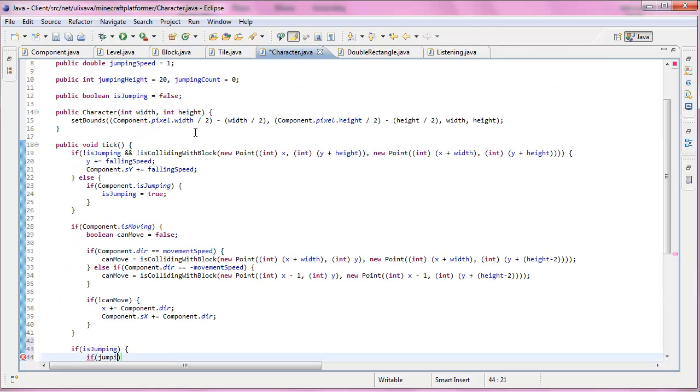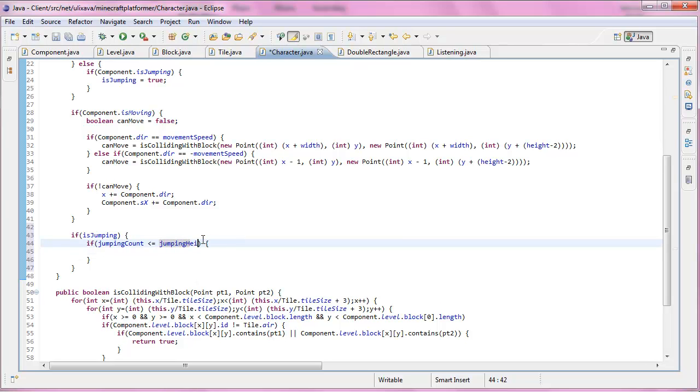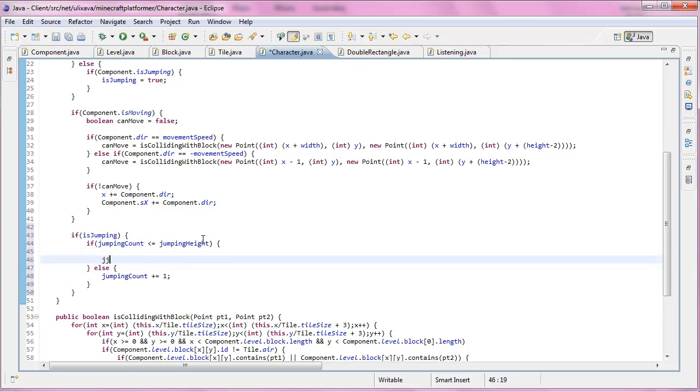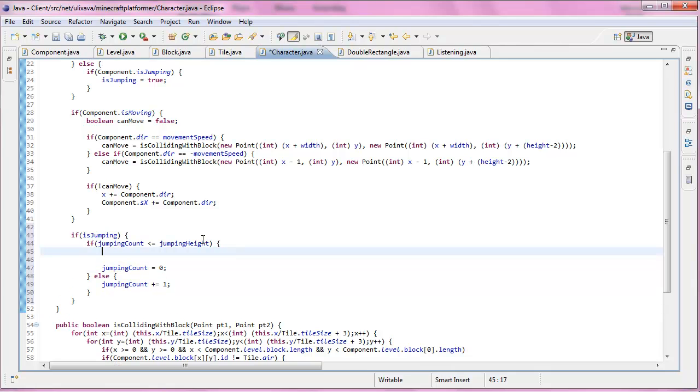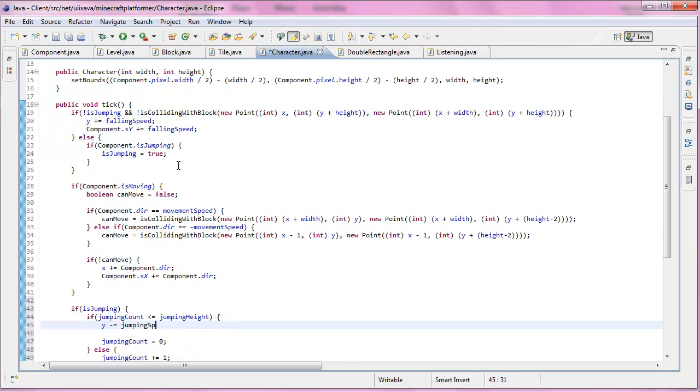So if jumping count less than or equal to jumping speed, jumping speed, no, jumping height, else jumping count is going to be incremented by 1, and here it's going to go down to 0. Jumping count equals 0. And here what happens is y is going to be minus equals jumping speed,